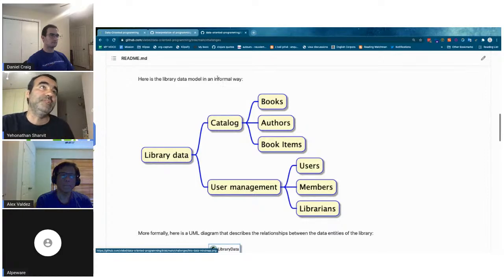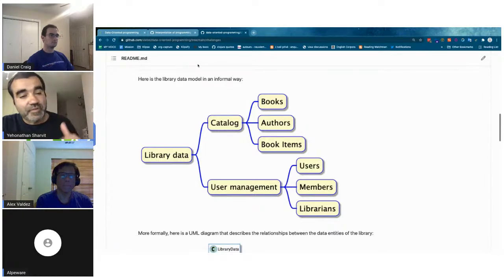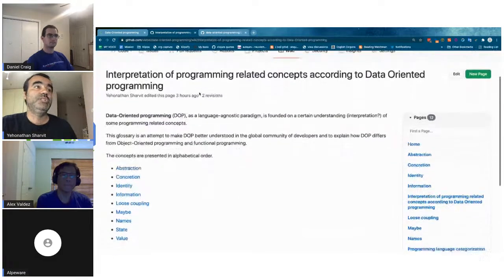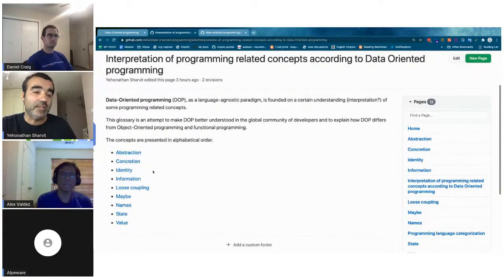That's one piece, which is very practical and down to earth. And I have the opposite piece, which is very theoretical, which is a definition of 9 general programming concepts, like you see here: abstraction, concretion, identity, information, loose coupling, maybe, names, state, and value.